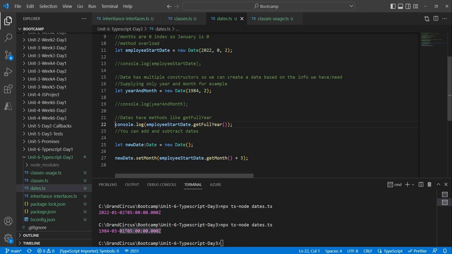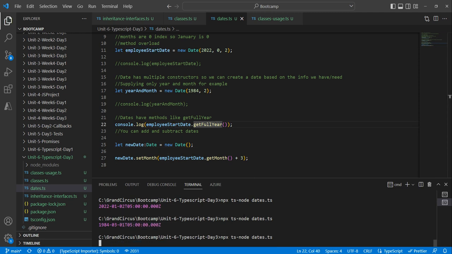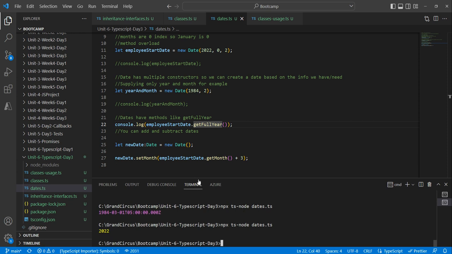Let's go ahead and do getFullYear. So I have employeeStartDate, and then you can extract, let's say you have a date that has year, month, day and time, but you only care about the year. You don't want to destroy the date, you just want the specific year from it. So let's go ahead and do that. All right, so I went to employeeStartDate, and I just got the year 2022, okay, which is a